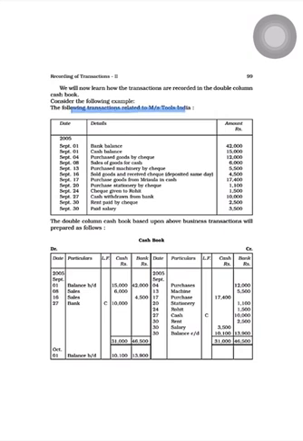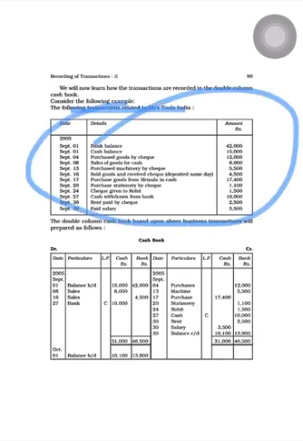Here we can see these are the transactions. First of all, there is a bank balance and a cash balance. Both balances of the first day of the month will be written on the debit side, as I have already told you, as two balances b/d. The cash balance goes in the cash column and the bank balance in the bank column. The same format and formula apply: all types of receipts will be debited and all types of payments will be credited. But we have to see whether we are receiving money in cash or not.